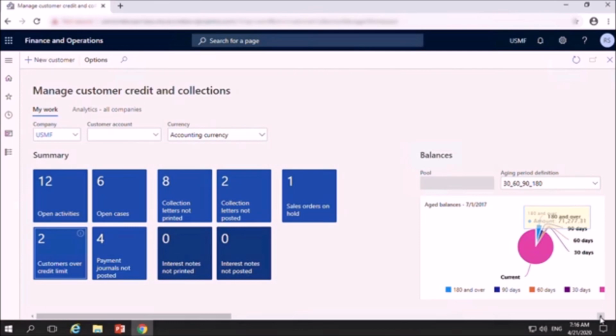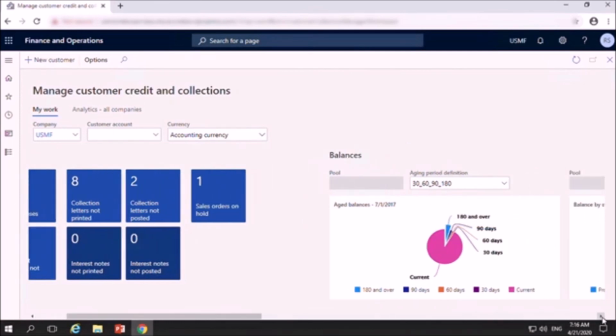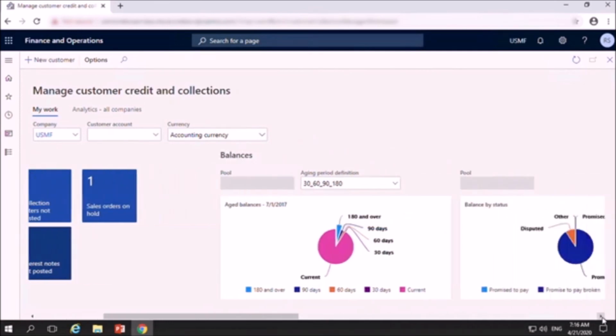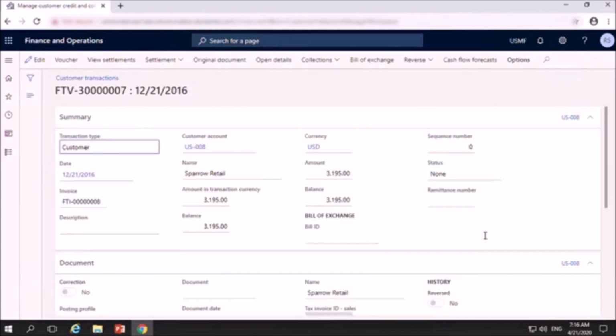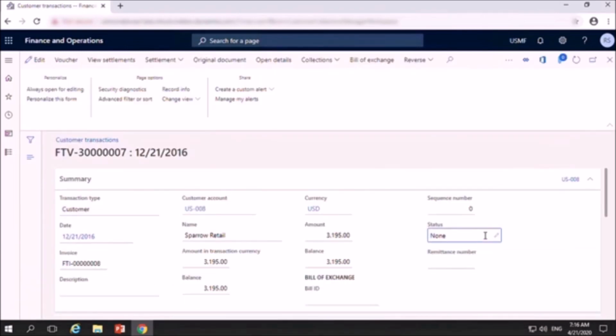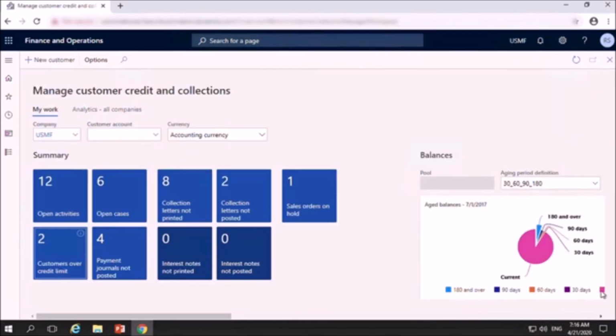Similarly, there is another pie chart. So it shows the disputed customers. If you really want to see who has disputed, you see $3,195 is disputed by this customer called Sparrow Retail, and you get the detail here as well. You can go back